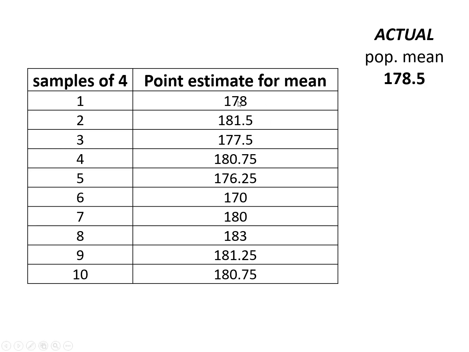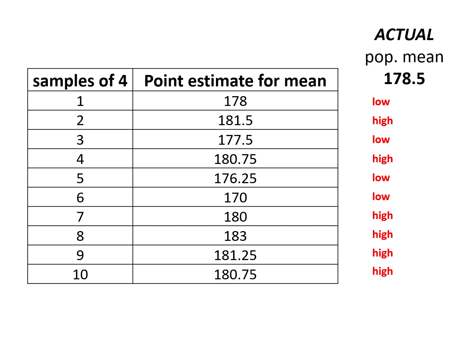You see, the first one is a little bit on the low side, the next one's a bit high, the next one's low, the next one's high, the next one's low, low, high, high, high, high. You'll see that of these 10 estimates, 4 are a bit low and 6 are a bit high. That's pretty close to half of them high and half of them low. Could it be that my point estimates are symmetrically distributed about the true mean? Amazingly, the answer to that question is yes.